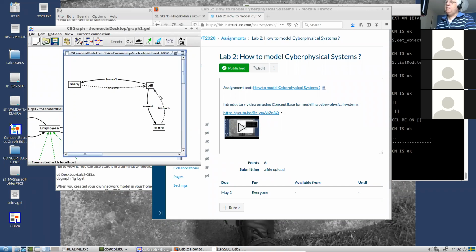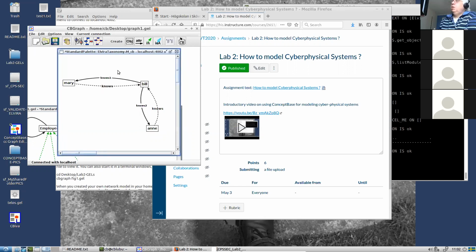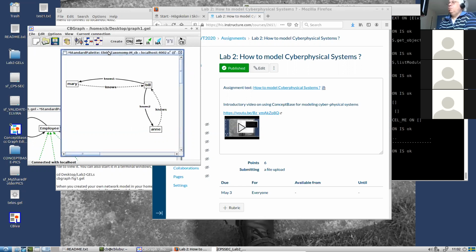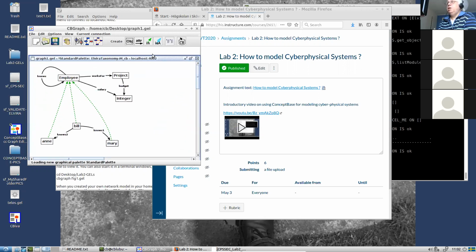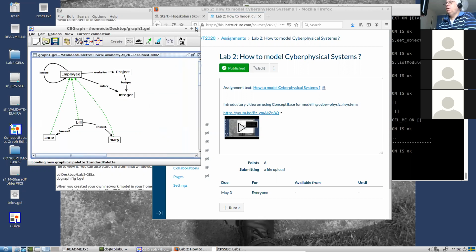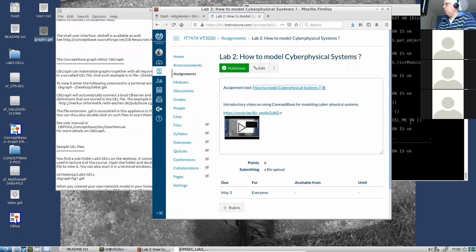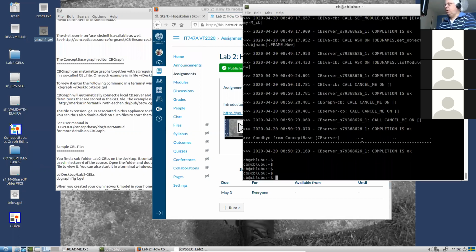It is indicated here by this broken line. So that's the symmetry, how you can define the symmetry of a relation. Let's stop that and also stop this one and start up our server again